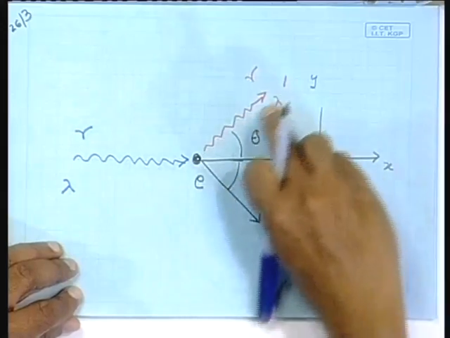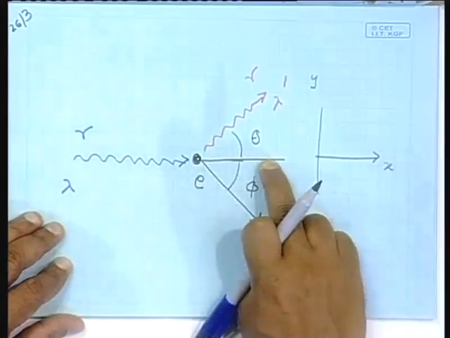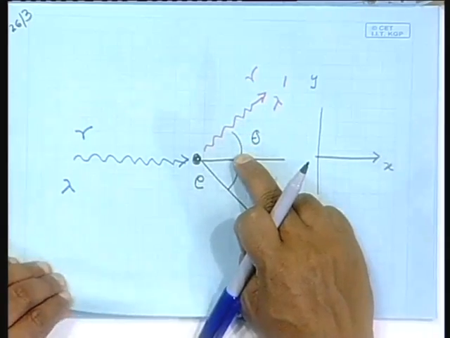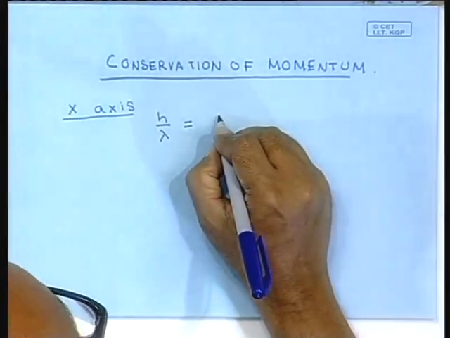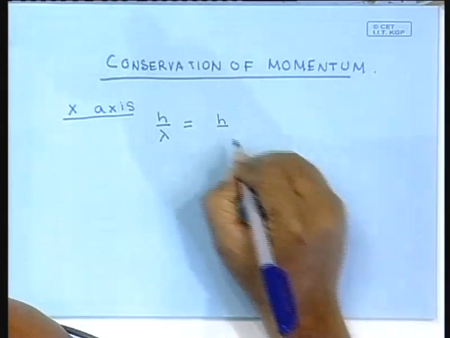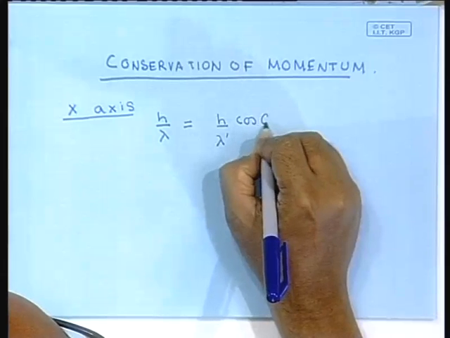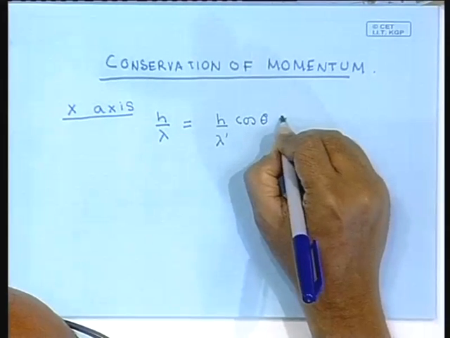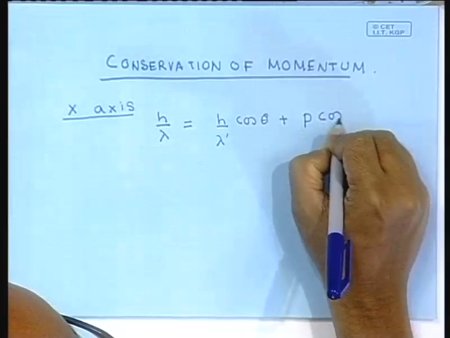That is the angle made by the scattered photon with respect to the direction of the incident photon. This is what we call the scattering angle. So, we have h by lambda prime cos theta plus p cos phi,